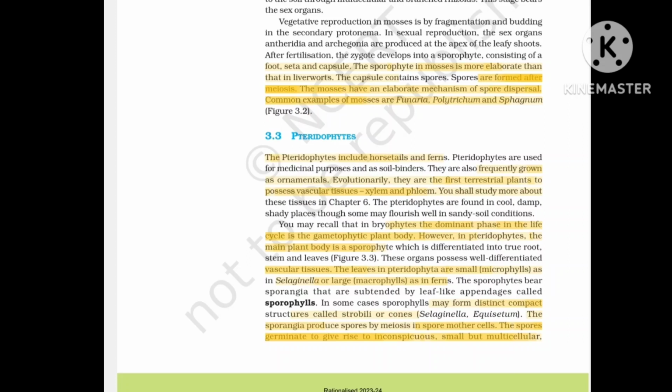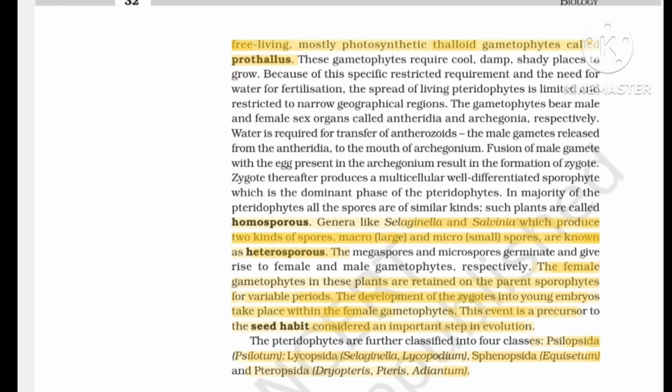And then let's talk about the distinct compact structures called strobili or cones. The sporophyte bears sporangia that are subtended by leaf-like appendages called sporophylls. In spore mother cells, the spores germinate to produce inconspicuous, small but multicellular, free-living and mostly photosynthetic thalloid gametophyte called prothallus. In the majority of the pteridophytes, the spores are of similar kinds and they are called homosporous, but in some